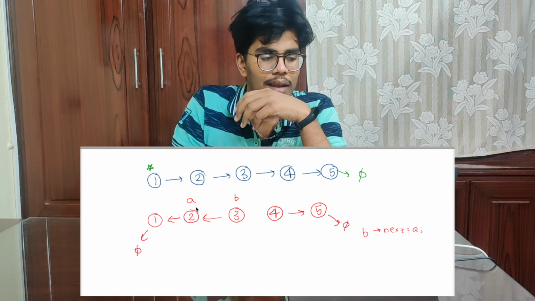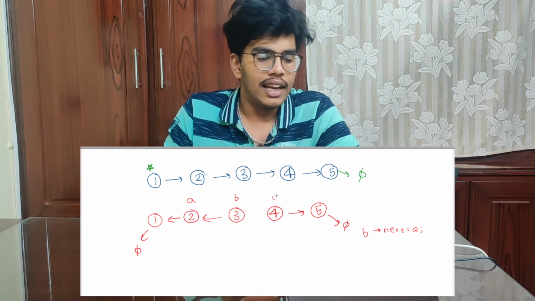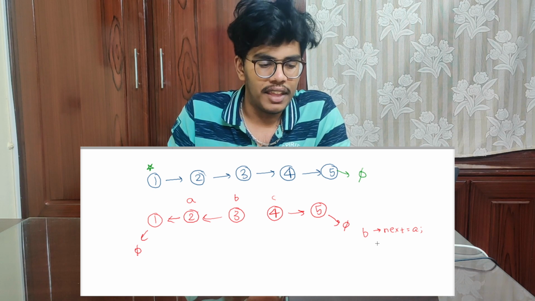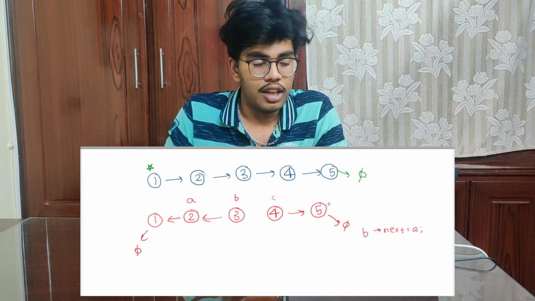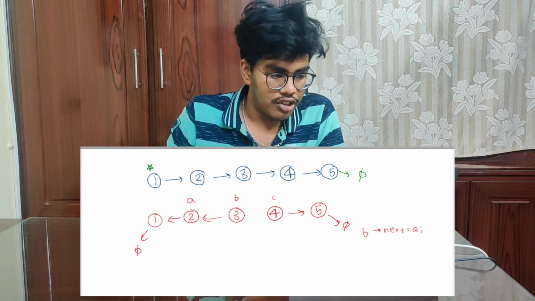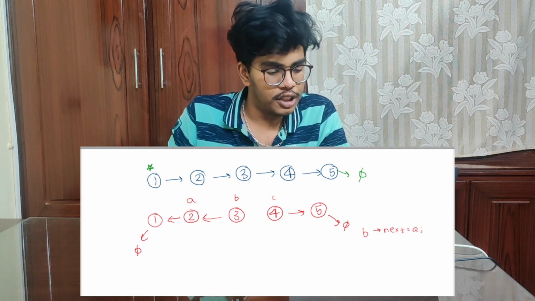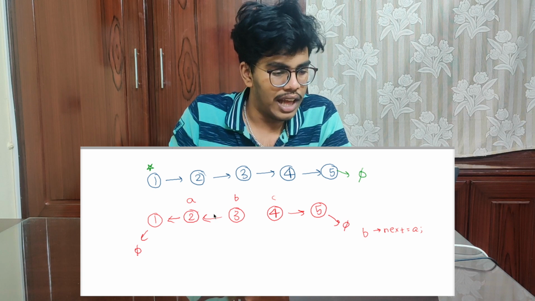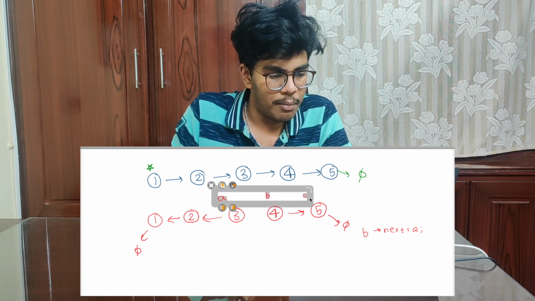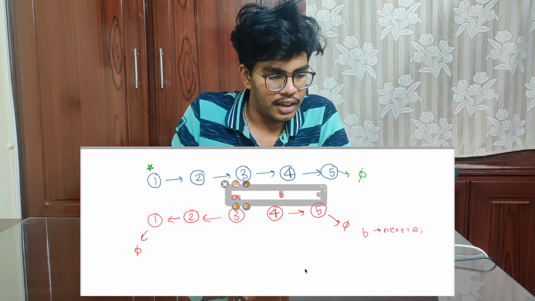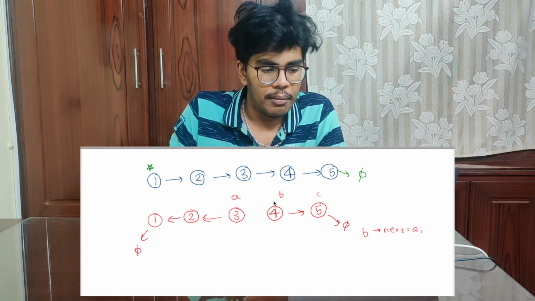That's quite simple. I'll maintain another pointer C. In the next iteration, we must not do something like C dot next equal to B and lose access to node 5. So what we'll do in this case is move A, B and C one position to the right. I'll show you how that happens. Let me take this A, B and C and move it one position right. So what happened is A, B and C have moved.